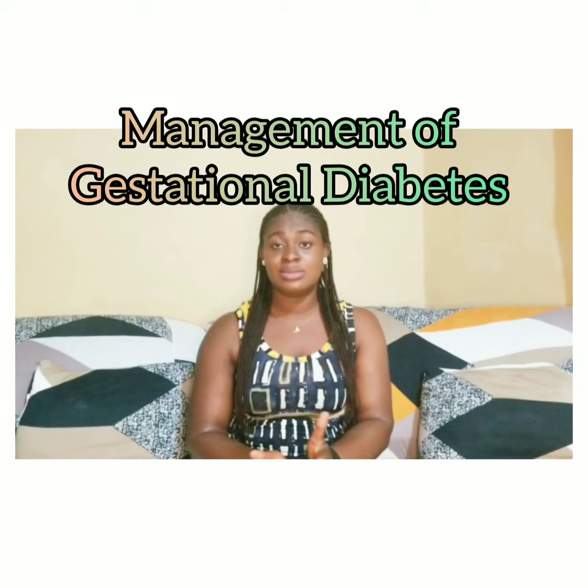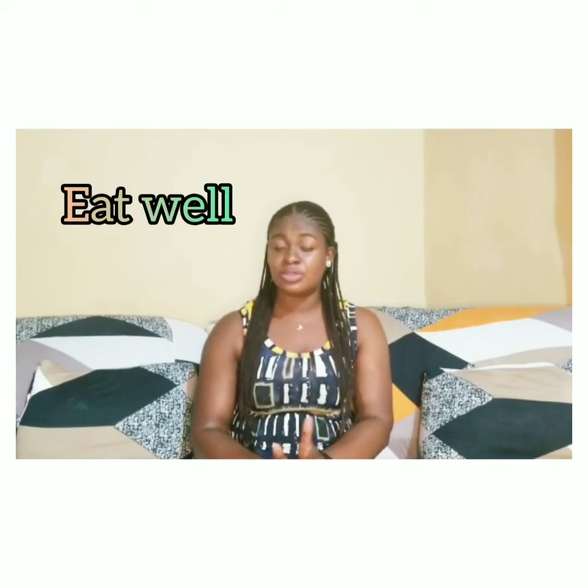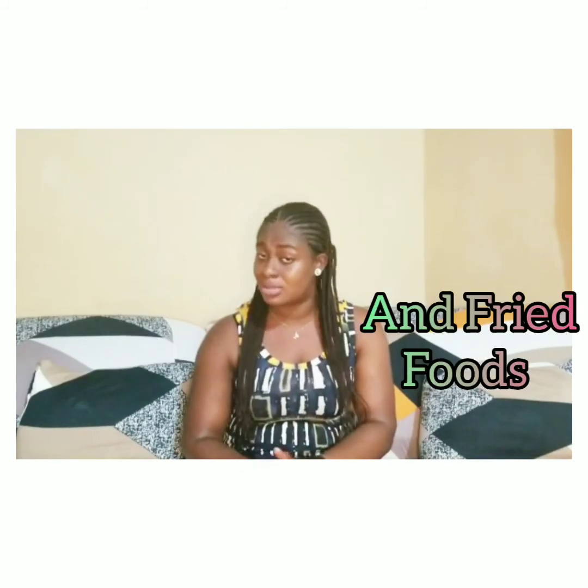Let's see how we can manage gestational diabetes. It is manageable. How you eat, physical exercise and so on will help you manage it. First of all, you have to maintain or achieve a healthy weight. If you are obese, you have to work on your weight so that it will be stabilized. You don't have to be too big. The next thing is eating healthy, eating well, meaning you eat all the four-star diets, which I've talked about in my previous video. Also avoid sugary foods and a lot of fried foods, eat your fruits and drink a lot of water, and it will help